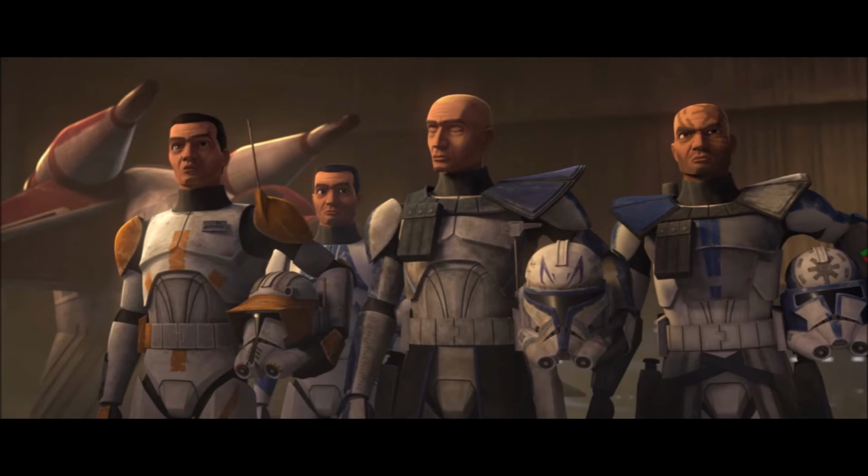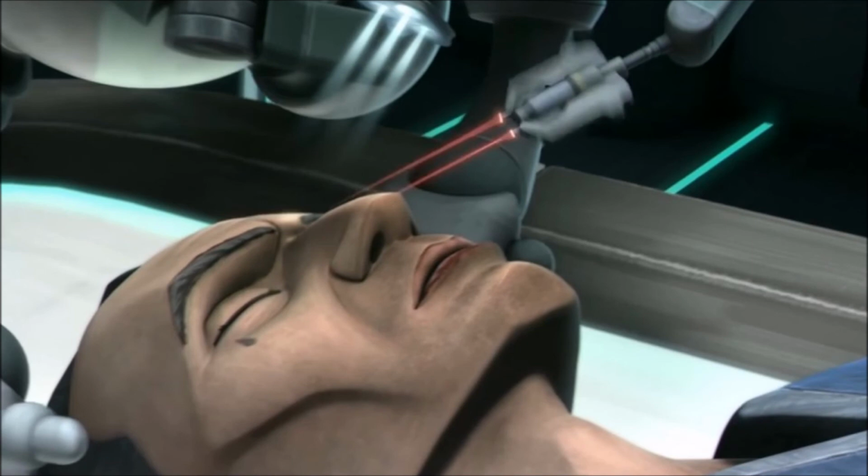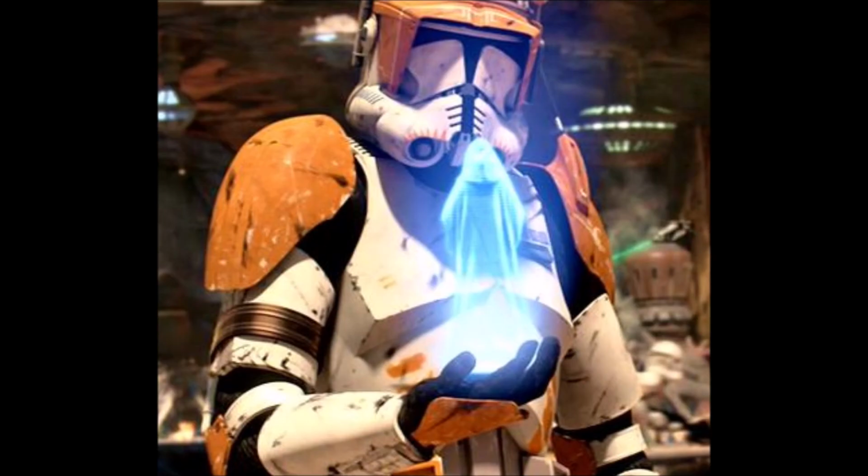So it's interesting that they run into a clone trooper, and then he tells them about the events of Order 66 and that they have an inhibitor chip in them, and he needs to tell the Jedi Council so they're aware, and so they can win the war. And the funny thing is that he's been basically in a chamber of stasis, so he doesn't understand where he is in the world, and